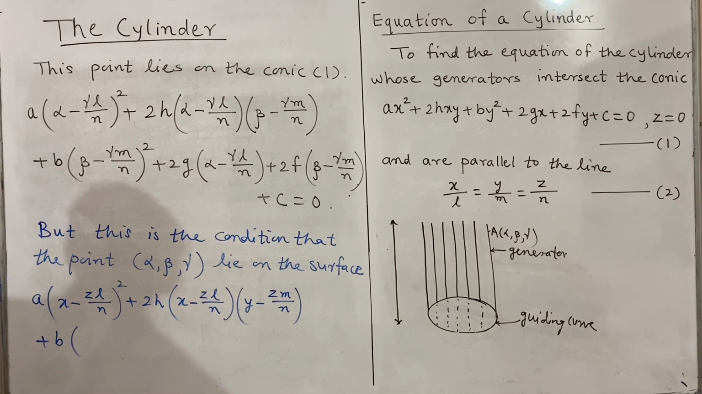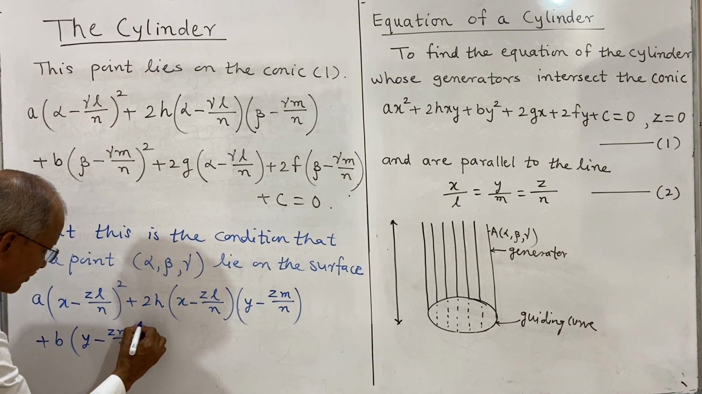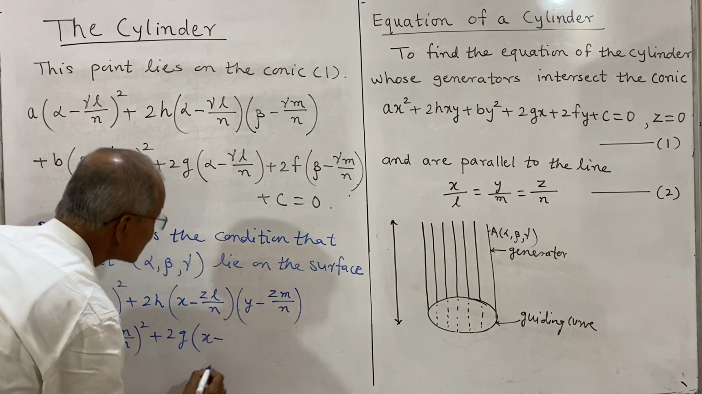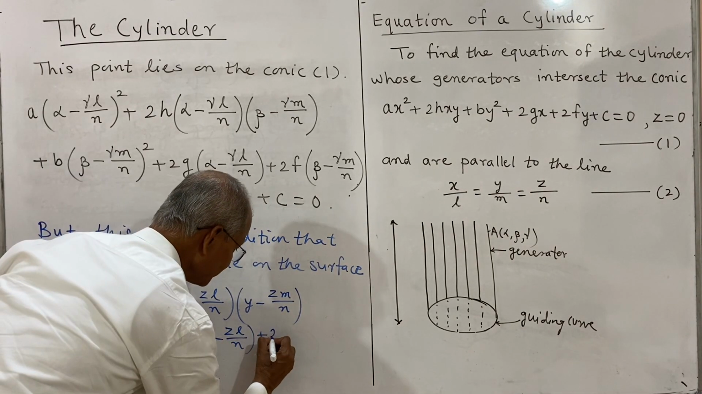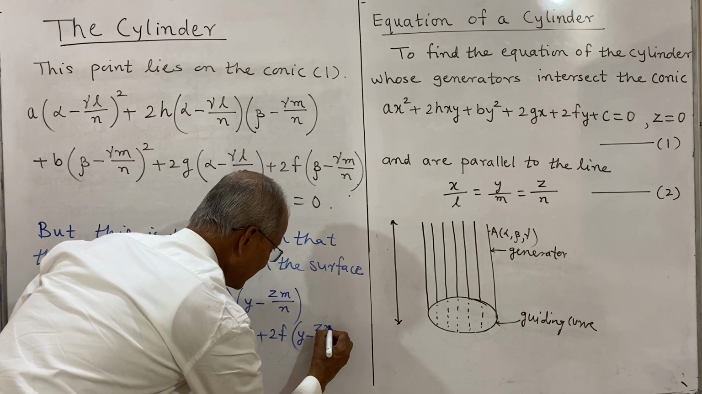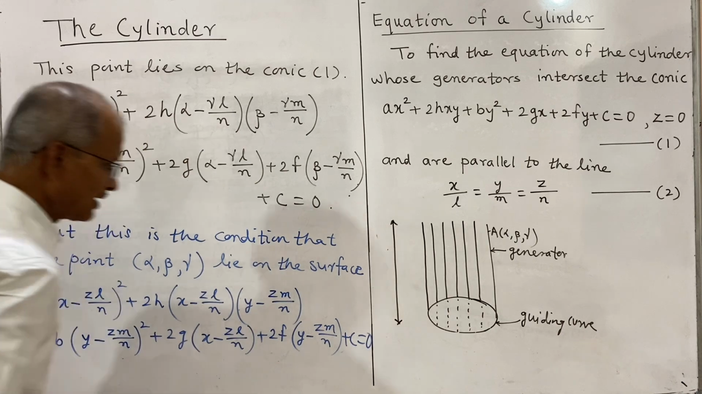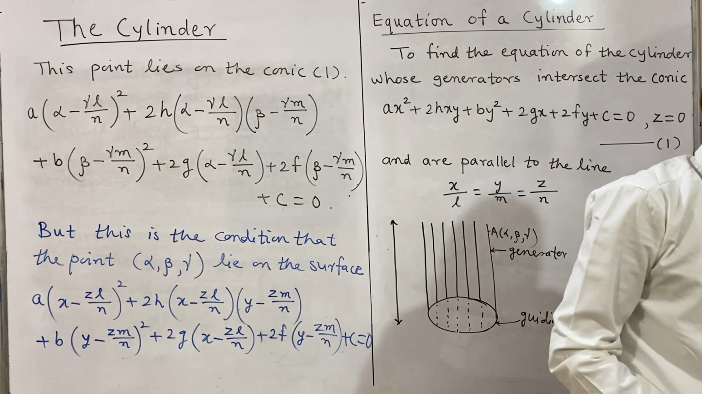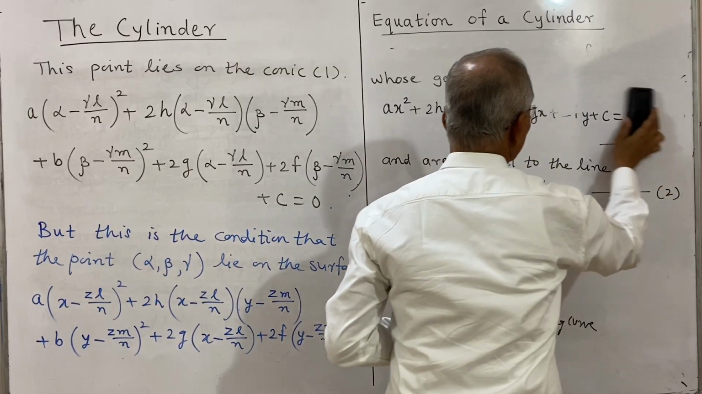plus b into (y minus zm divided by n) whole square, plus 2g into (x minus zl divided by n), plus 2f into (y minus zm divided by n), plus c is equal to 0. So actually this is the equation of the cylinder, and to simplify it we shall multiply throughout by n square. So multiplying throughout by n square we get